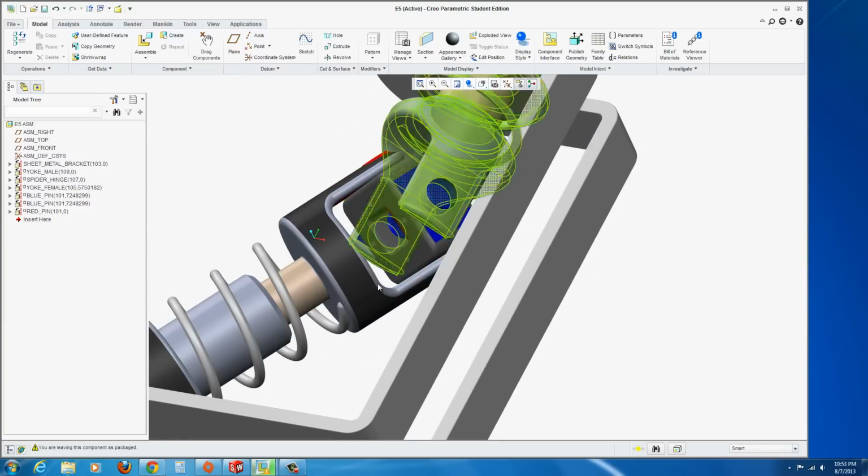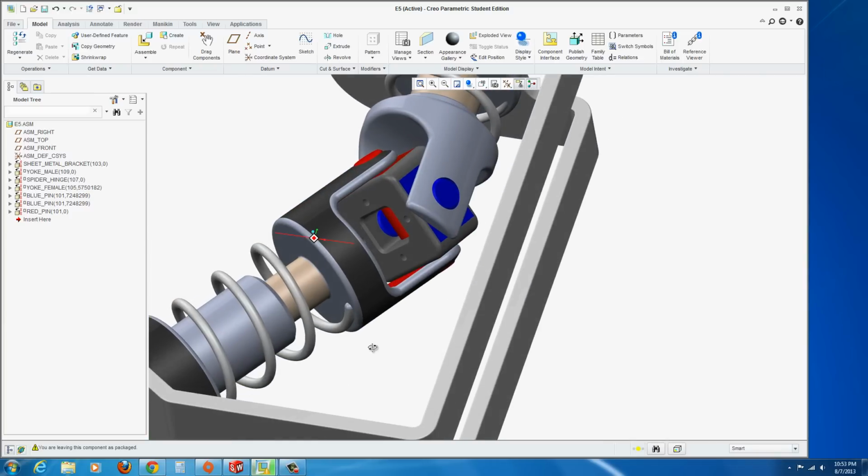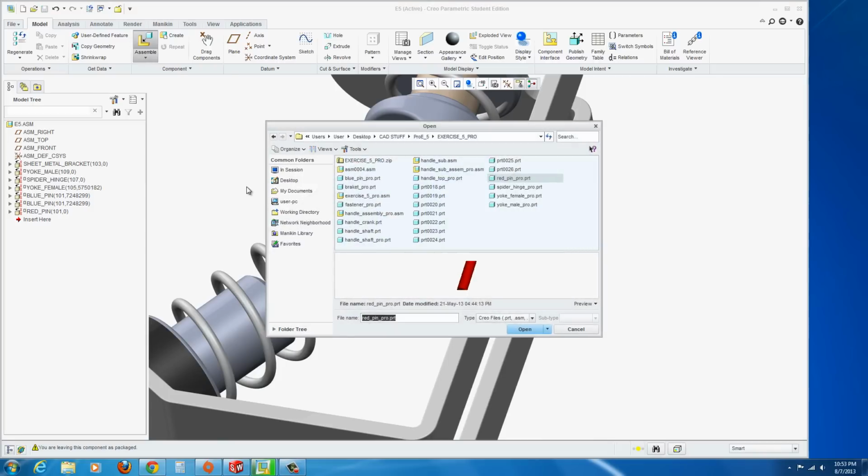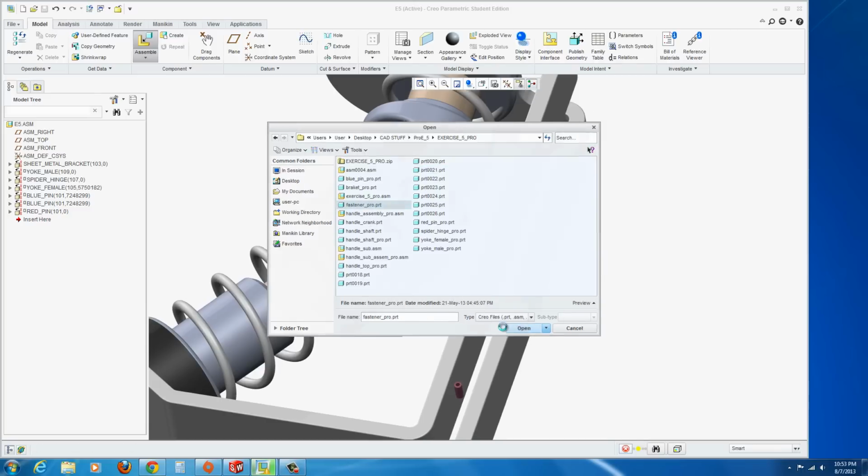Alright, now there are some little set screws that we could put inside here. I'm just going to put one in and you could practice with the rest. Now the set screws, let's see, look at the preview here. Oh, it's under fastener. It's called fastener. Hit Open